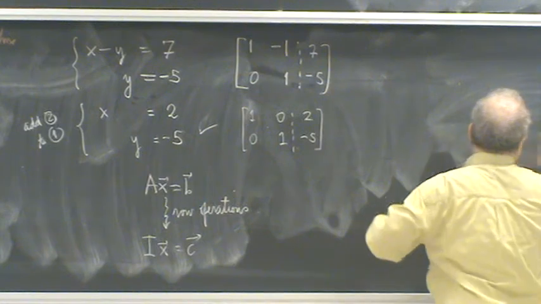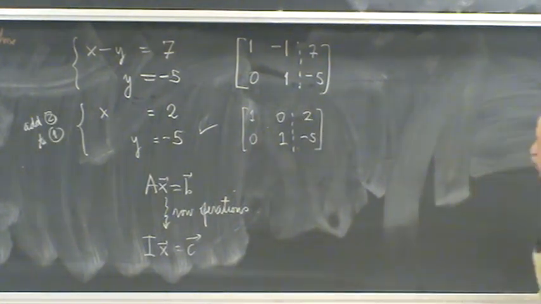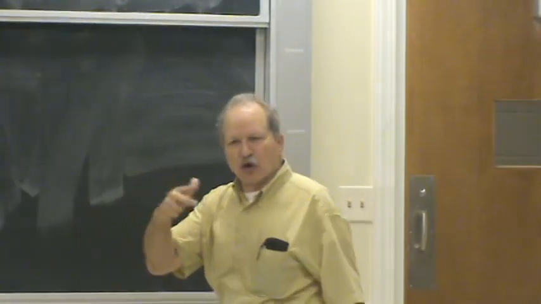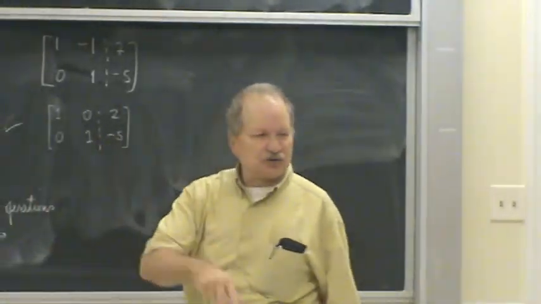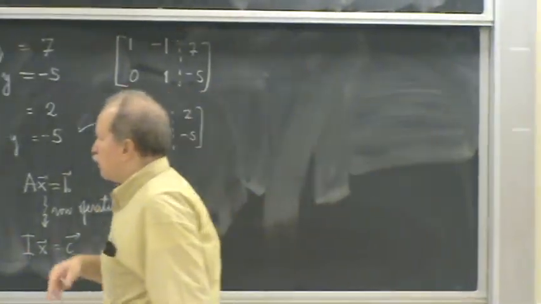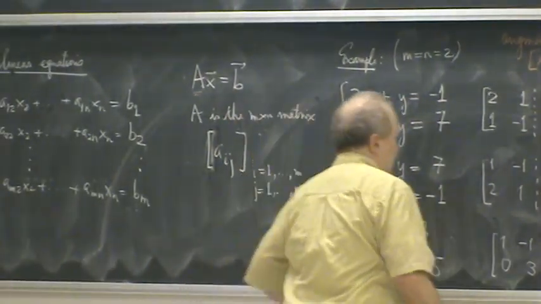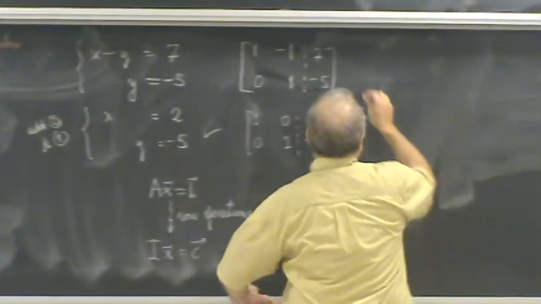So in general, we're going to do this with non-square matrices. There might be more rows than columns, there might be more columns than rows. There may or may not be, yeah, so let me just make a comment here. Comment,